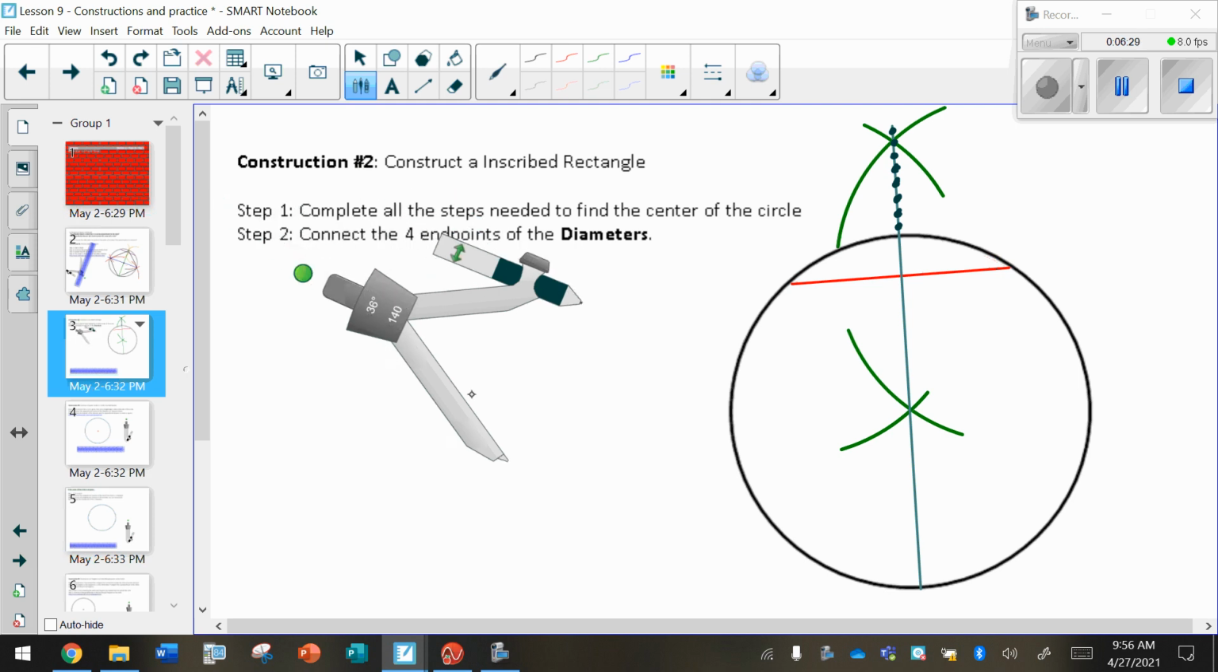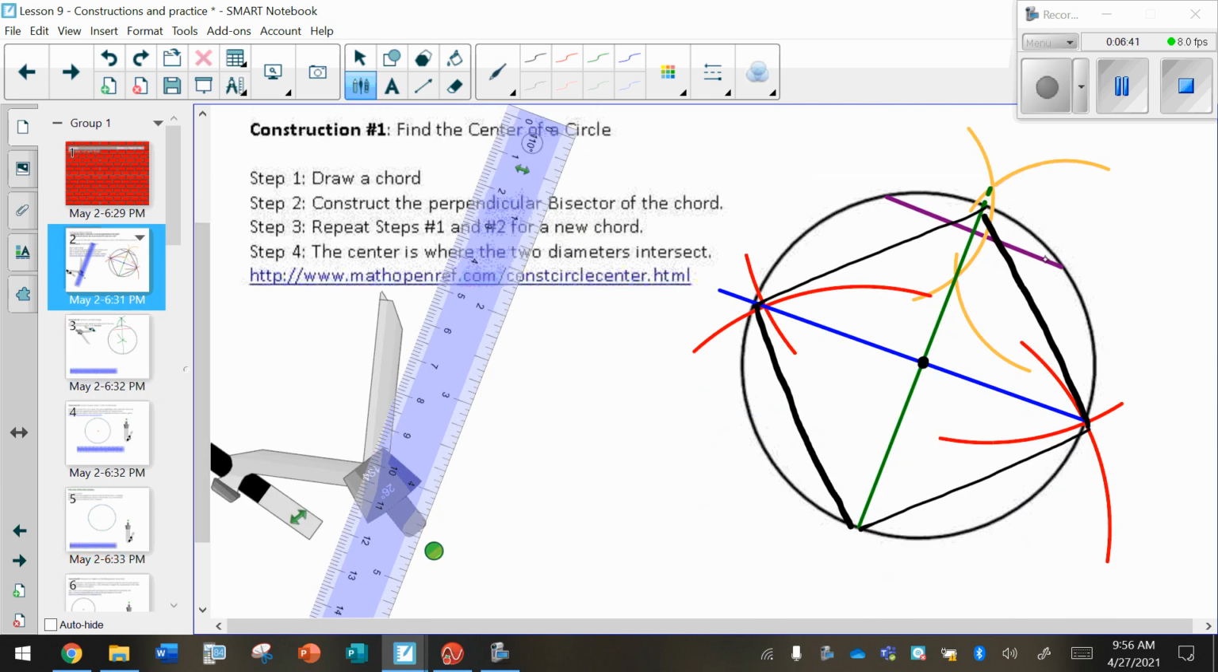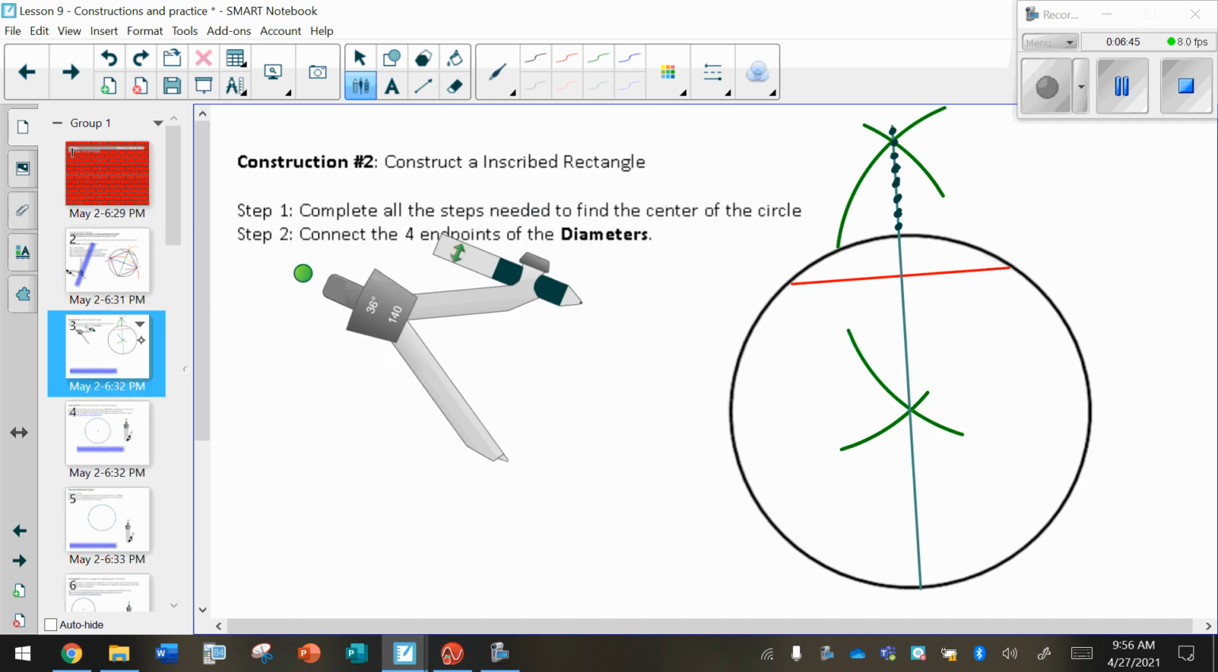Now, if I want to inscribe a rectangle, I need 2 diameters. I have 1 diameter now. I can either bisect this diameter to get my second diameter, to do what we did in the first construction. Now that would make a square, but a square is also a rectangle, so it would totally count for this question. Or I can just take a different chord somewhere else,